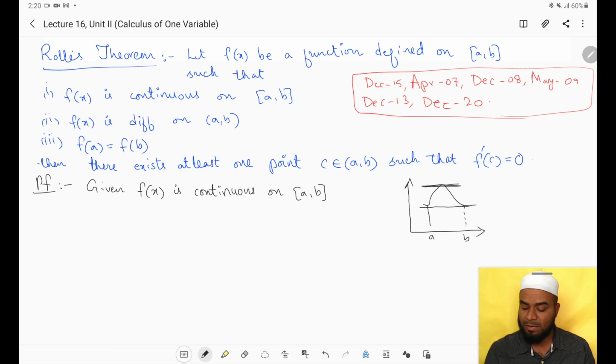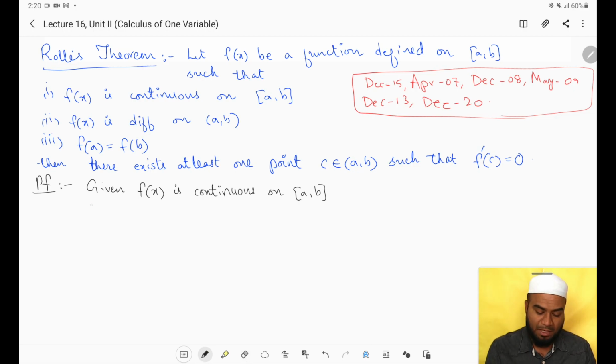Maximum value is given by this and minimum value is given by this line. For any function, whatever the function we are having, if it is continuous in between a closed interval, then the function cannot achieve infinite values. The function will be having maximum as well as minimum, right? So because the given function is continuous on the closed interval a comma b, this implies f of x has